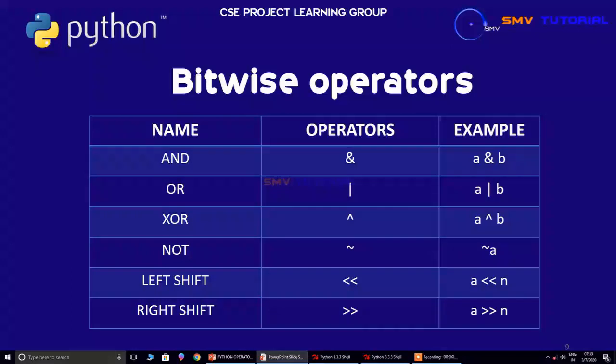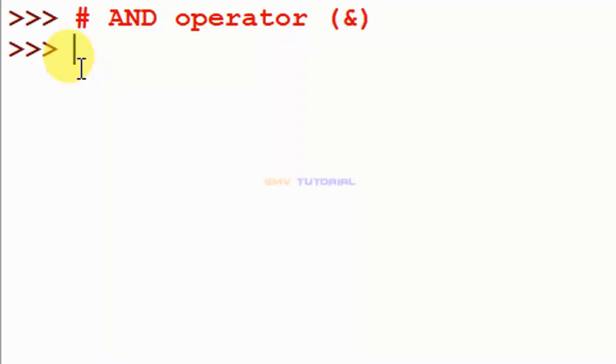If you do not understand these sentences, don't worry, I will explain in Python IDLE. So I open Python IDLE interactive mode. First I take the bitwise AND operator. I create two values: A is equal to 5 and B is equal to 4.